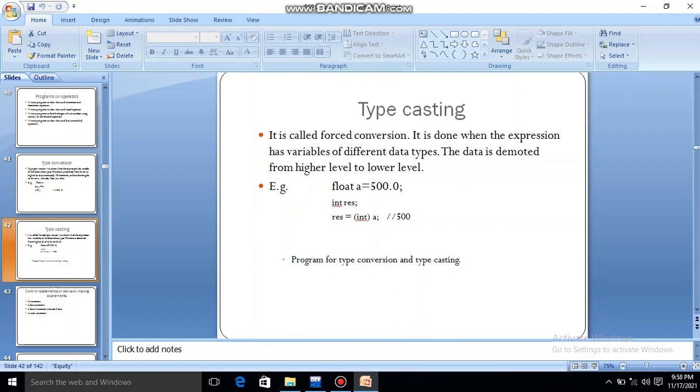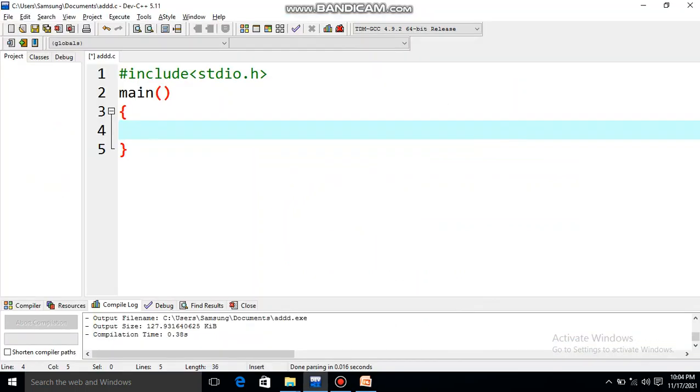Now I am going to show you one example, a program to show the use of typecasting and type conversion. First I am going to show you type conversion, which is conversion of a lower variable to a higher variable. It is done automatically.